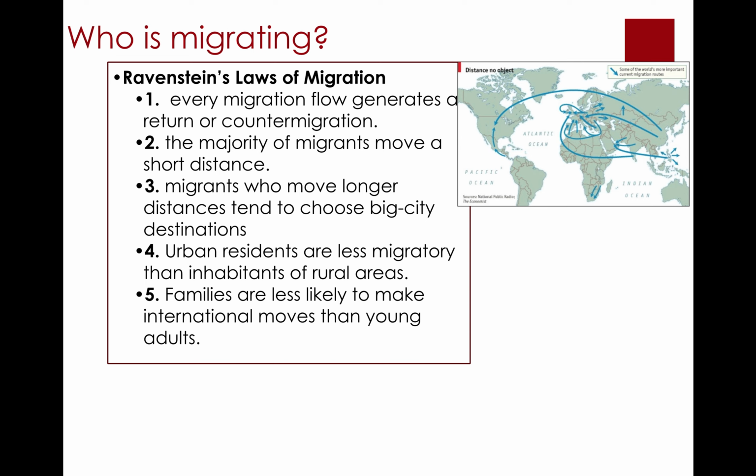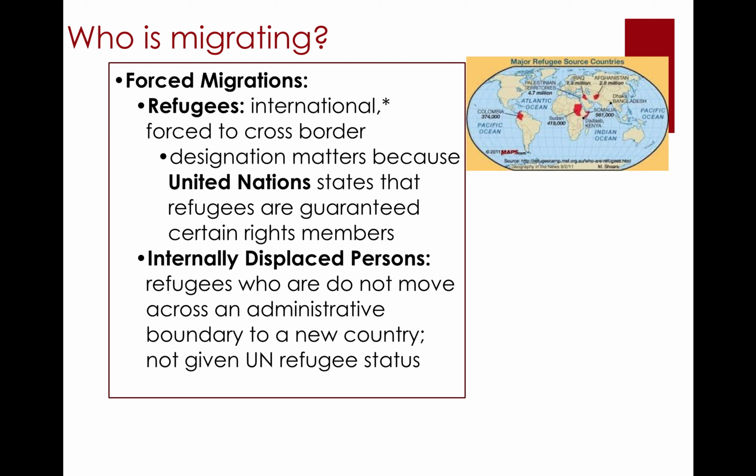Already mentioned this. Families are complicated. It's much more challenging to engage in the risks of an international move with children than it is as an individual adult. This map up here, we're certainly going to return to, because it very much highlights some of the major migration patterns that we'll see globally, and we'll dive a little bit deeper into the reasons why. Okay, we want to return to this concept too.